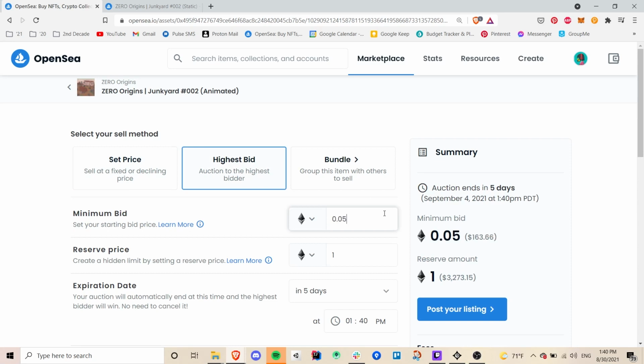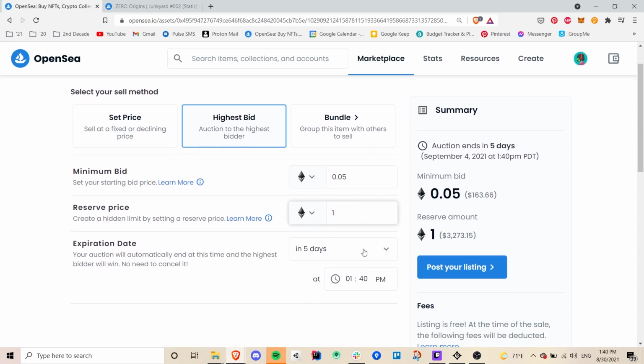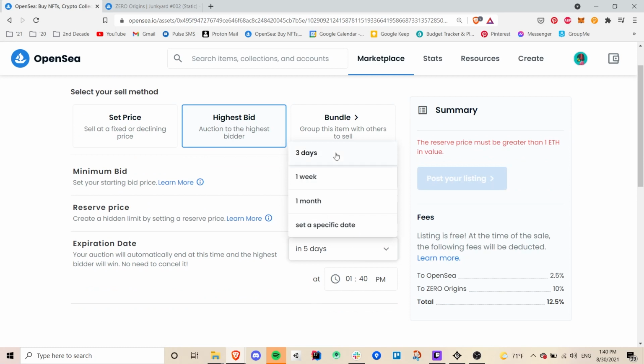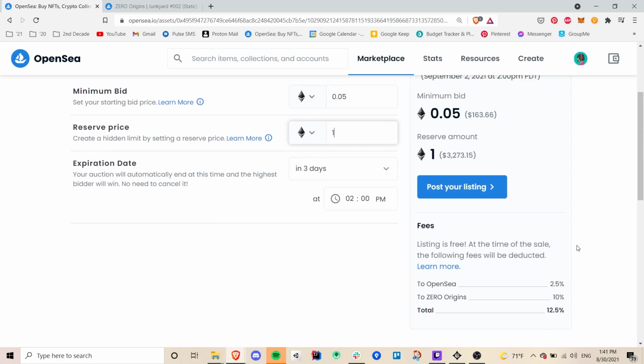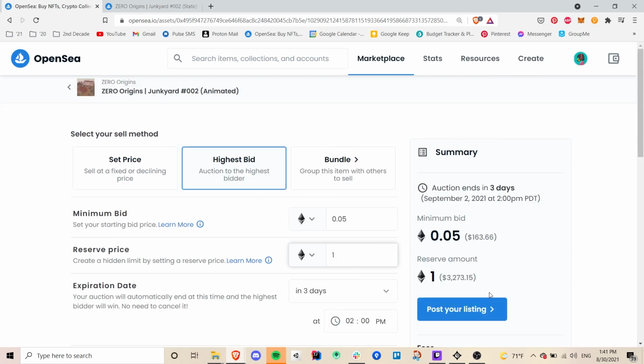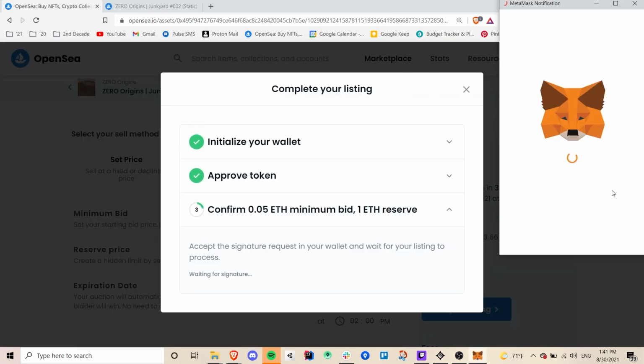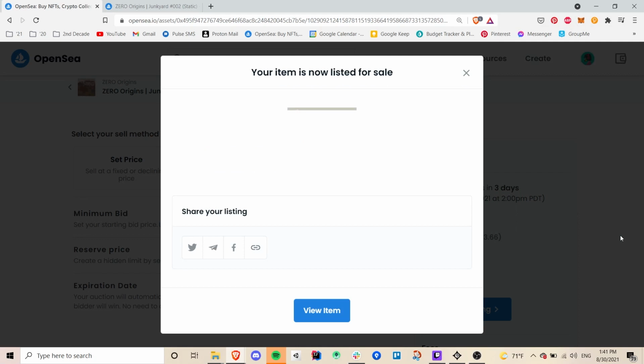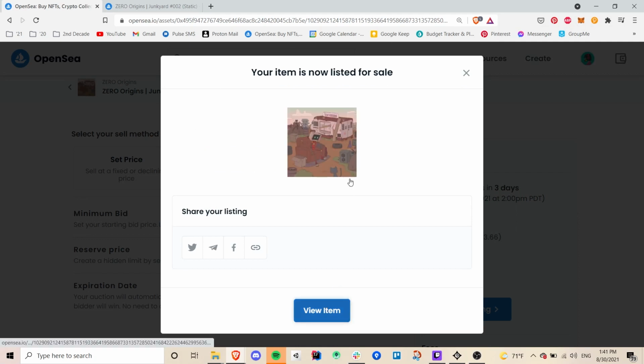So you put the minimum bid price, so this is the starting bid, and someone can actually put that exact amount as their bid. And then you put a reserve price, and reserve price is basically if someone hits that price, then the auction will be sold to them immediately. You do not have to accept it. But if the ending highest bid is lower than the reserve price, which does have to be bigger than 1 ETH, or at least 1 ETH, then you have to manually accept the auction. So something that you do have to be mindful of. And you can put the time for as long as you want for the auction. Yeah, that's something that you do really want to be mindful of,